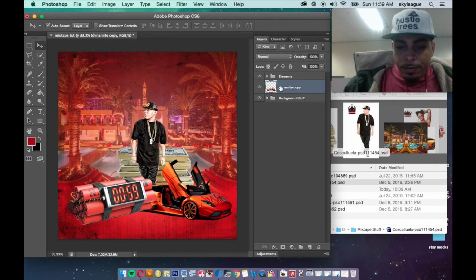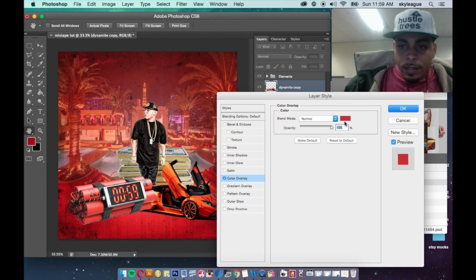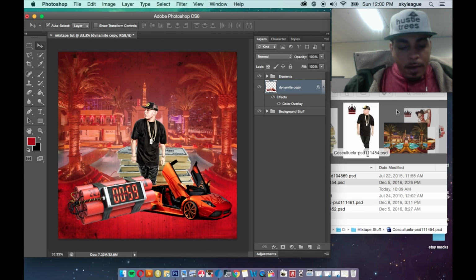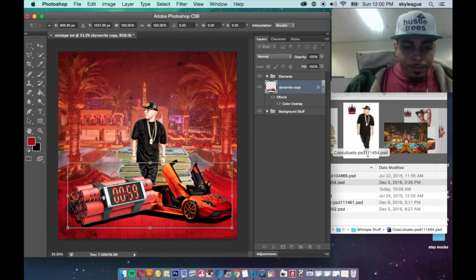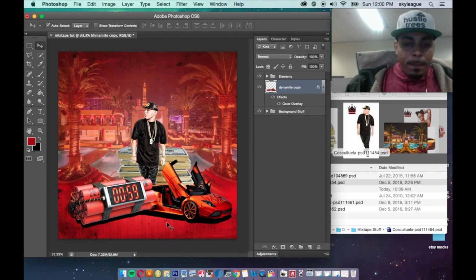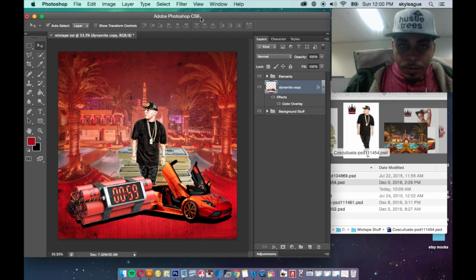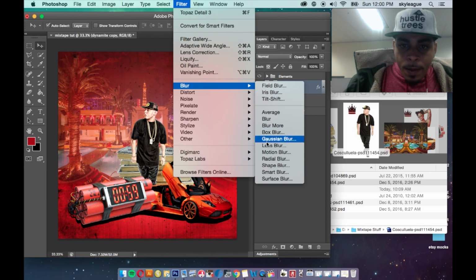Now they're together. So the next thing we're going to do is make these completely black since they're going to be shadows. Effects, Color Overlay, select the color and go all the way down to black. Now the next thing we're going to do is bring them down a little bit so they'll be underneath. You see that? Boom. Now some people would stop there, but it doesn't look like a clean shadow. A shadow kind of has little fuzzy edges around it, you know what I mean? So what we're going to do is go to Filter, Blur, Motion Blur,